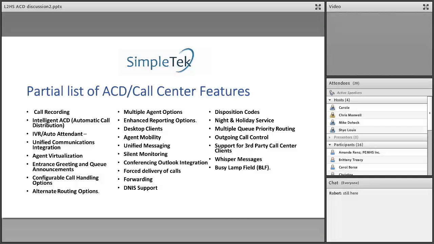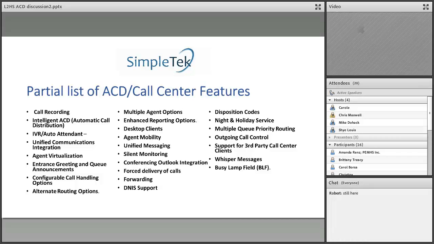You've got the intelligent ACD for your call distribution. You can have pretty much endless routing patterns. You can do it by time of day. You can do it by skill set. You can do it based on workload. You can do just an unlimited number of routing options. You can use an IVR. I refer to it as IVR auto attendant. We're all familiar with press 1 for sales, but IVR is also voice, or the telephone number dialed or telephone number coming in. And again, these are just features that are there.